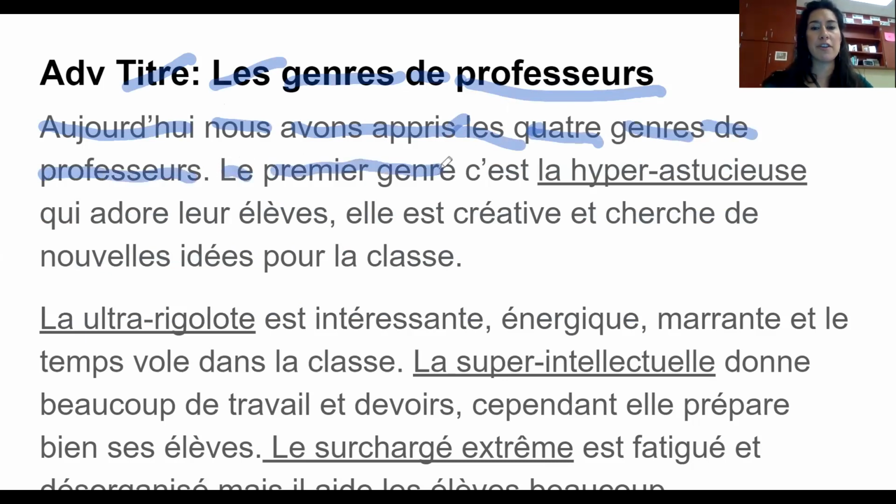The first genre, first type, it is the hyper astute, astute meaning shrewd or clever, who loves their students. She is creative and looks for new ideas for the class.